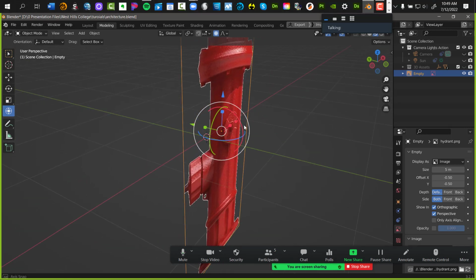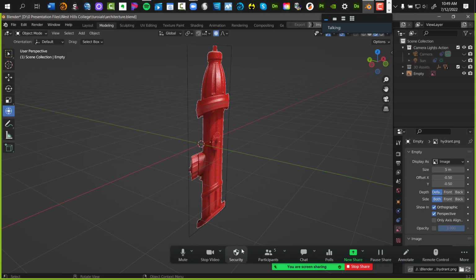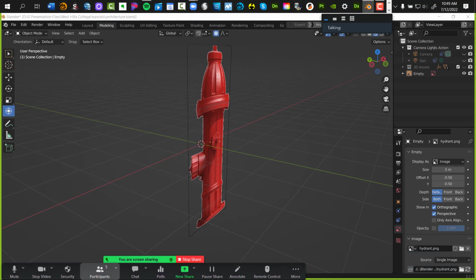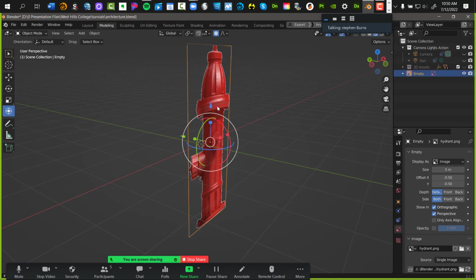Watch. I'm going to pull it out so it's easier to see. Pull that down. Pull this to the bottom. So I'm going to hit the R key for rotate, shortcut for rotate. So select this one, R key for rotate.